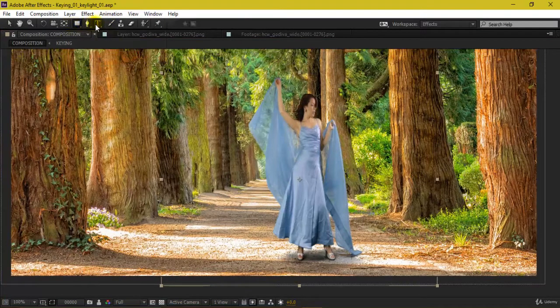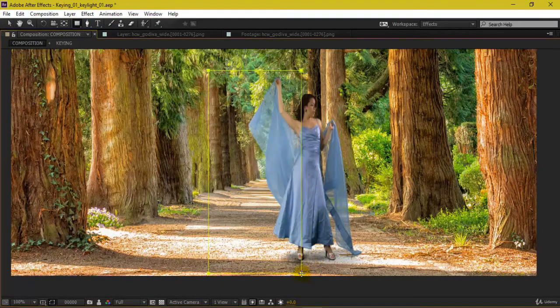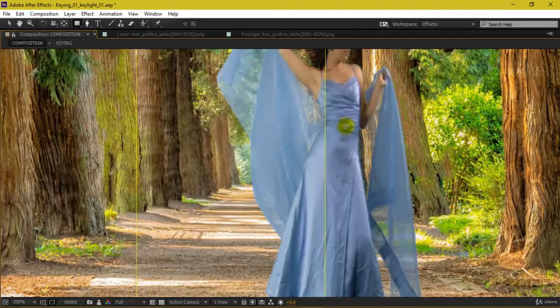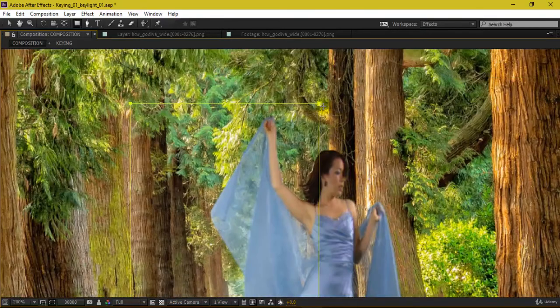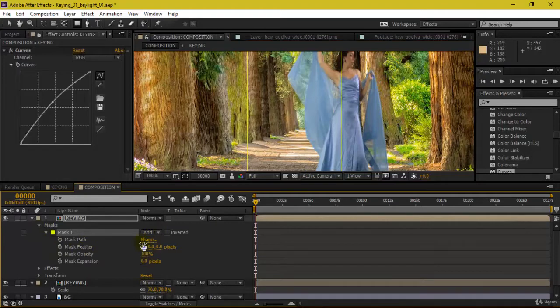So just select this and rectangle tool, and I've just selected this mask here, something like this. So this area, if you see, is brightened, and this area is lightly darkened here. So that's pretty fine, nothing to do with that. And then what I'll be doing is I'll be increasing the feather from here.